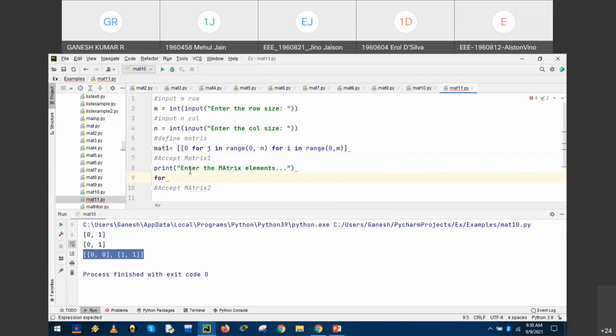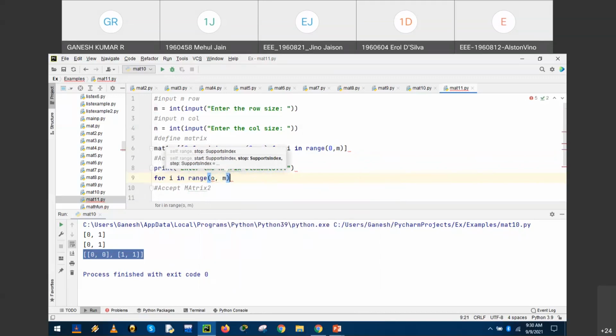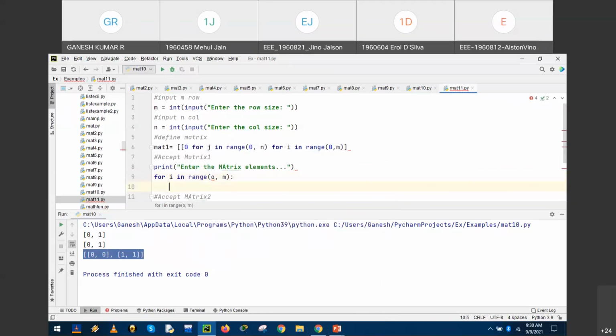Okay. For I in range, the row range is 0 comma m. It is m equal to colon, it is 0. Right? Okay.